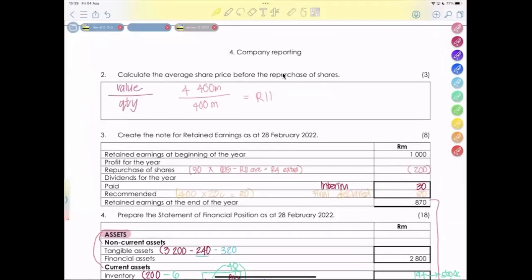Keep in mind that dividends are like drawings in a sole trader. They're very similar to the drawings, and you would treat them in the same way. So it's not an expense on the statement of income. So over here,